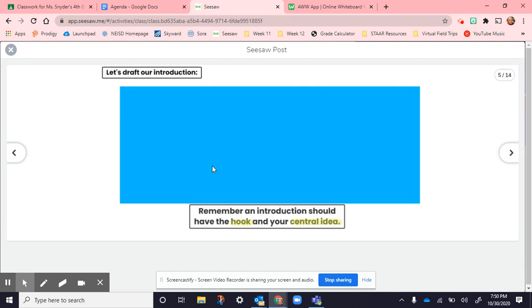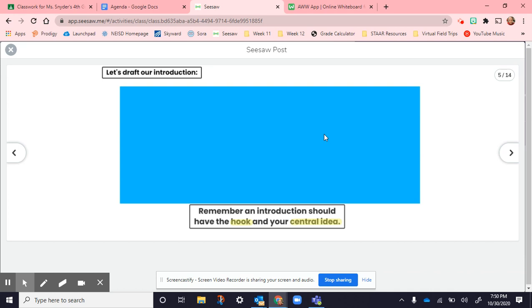We chose which one and then we drafted. So we started with our question and then we set our central idea. The biggest thing that I saw here was that there wasn't a connection. Whatever your central idea is, everything has to flow. It can't be two things that you just squish together